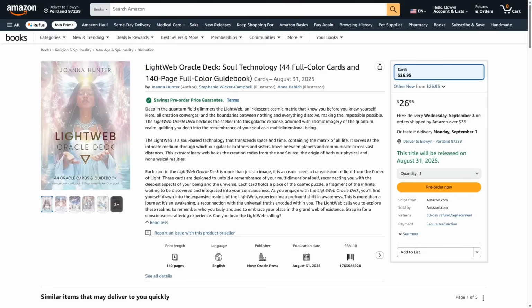This deck beckons the seeker into this galactic expanse, adorned with cosmic imagery of the quantum realm, guiding you deep into the remembrance of your soul as a multidimensional being. The Light Web is a soul-based technology that transcends space and time, containing the matrix of all life. It serves as the intricate medium through which our galactic brothers and sisters travel between planets and communicate across vast distances. This extraordinary web holds the creation codes from the one source, the origin of both our physical and non-physical